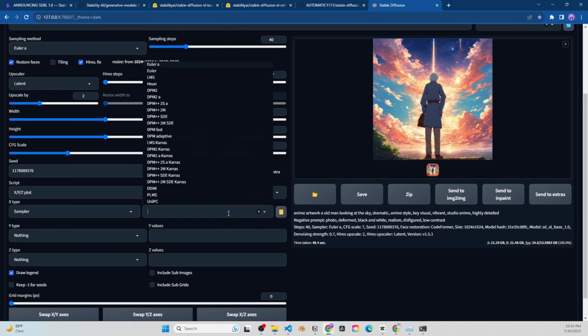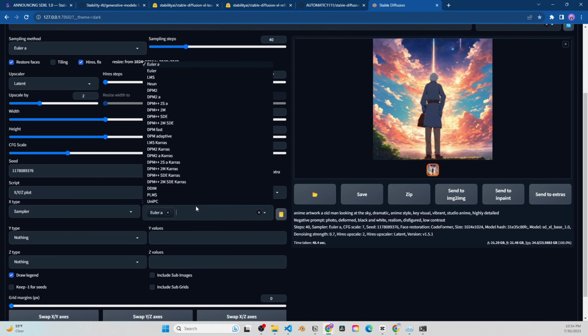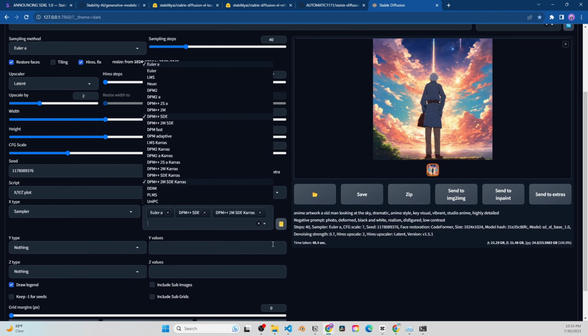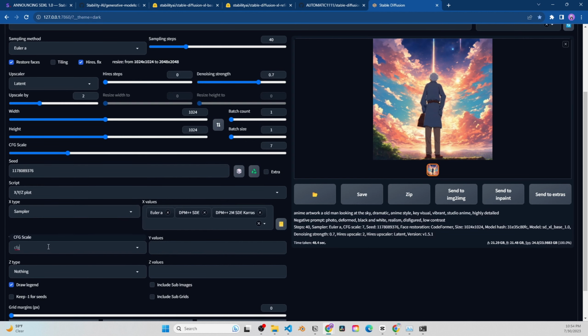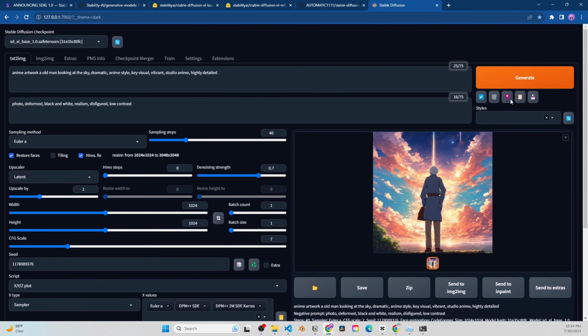Okay. Just select a couple of samplers. Okay, and then CFG scale 2. Okay, and now